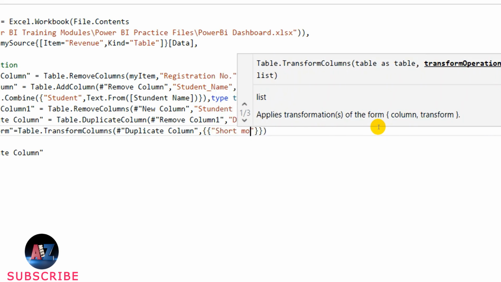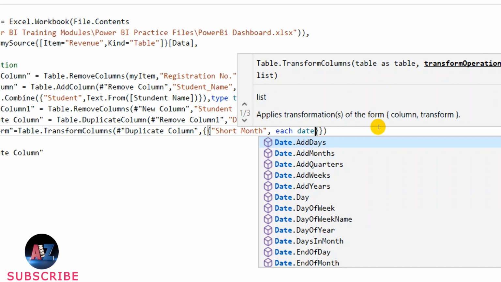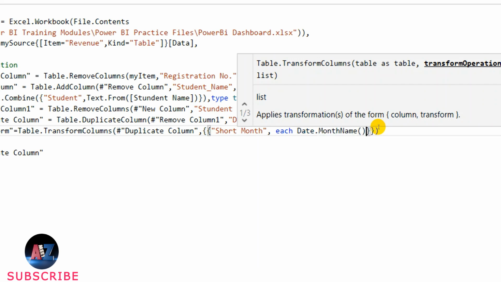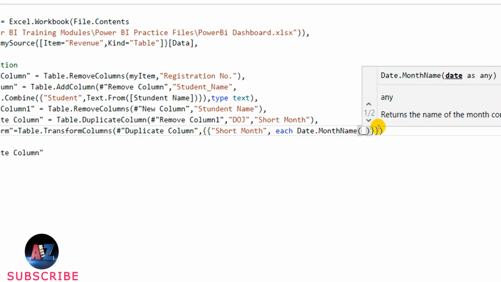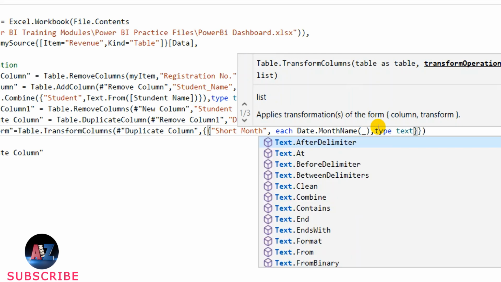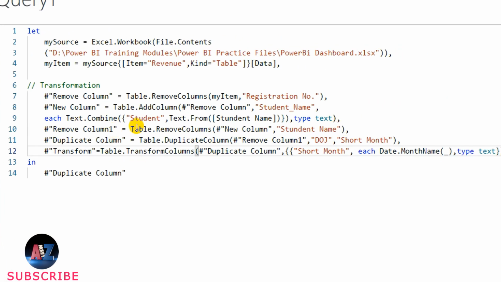So in that column, each date has to be converted to a month name, and that is completely general. You don't know what to be created and what. And the next one is type text, the data type. Now again I need to explain this to you. I'm transforming this because I need to get the month name out from the date.